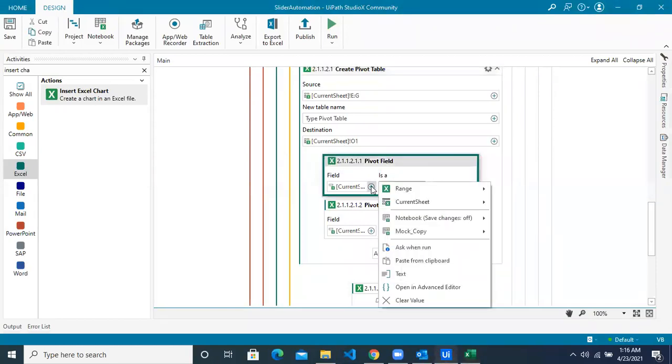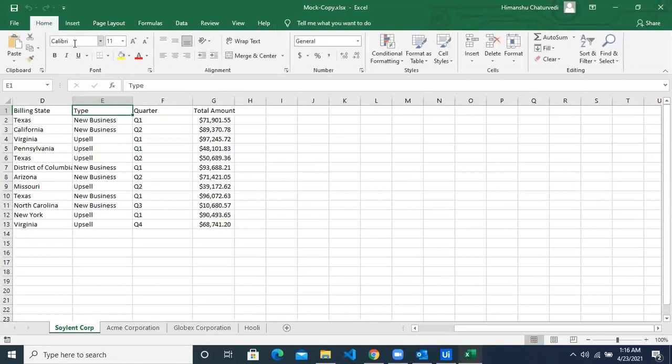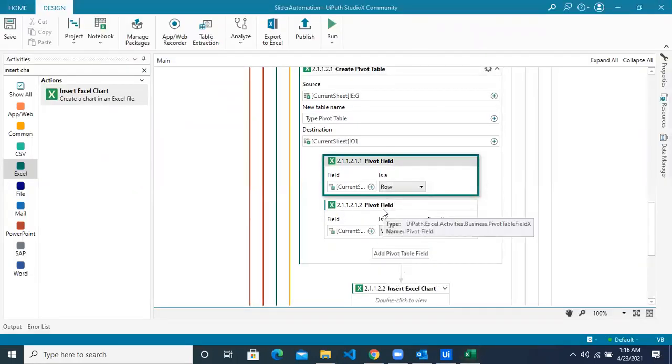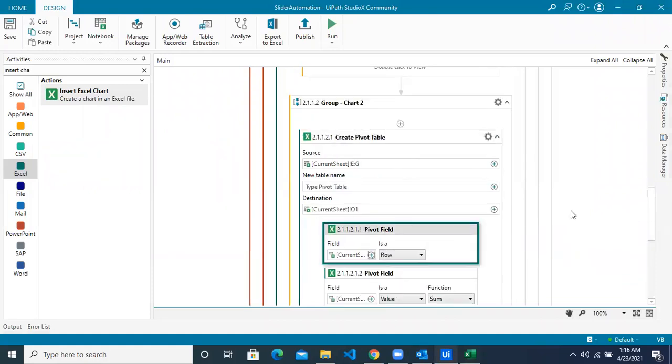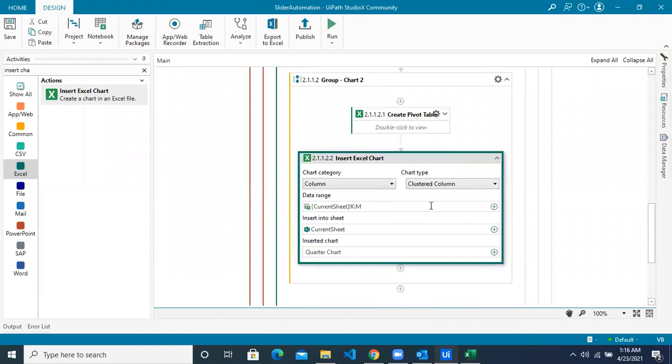Now our first field of our pivot table is going to be: go to current sheet, indicate in Excel, is type. Click on the confirm button. And our second field is going to be the same, which is total amount, sum value, right? So we are done creating the second pivot table, and now we have to create the chart based on the